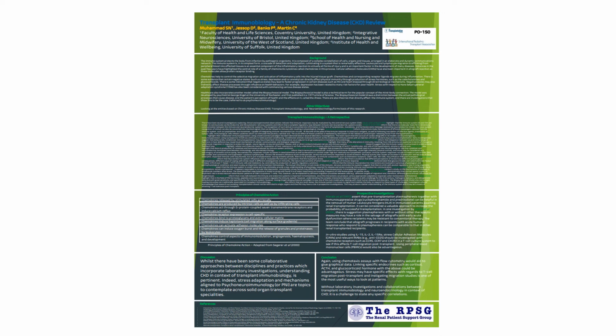In vitro investigations using interleukin 15, interleukin 2, and interleukin 15 receptor alpha, stress, cellular adhesion molecules and relevant monoclonal antibodies could be investigated with chemokine receptors such as CCR5, CCR7, and CXCR3 in a T cell culture system to see if this affects T cell migration post transplant. And using peripheral blood mononuclear cells, PBMCs,